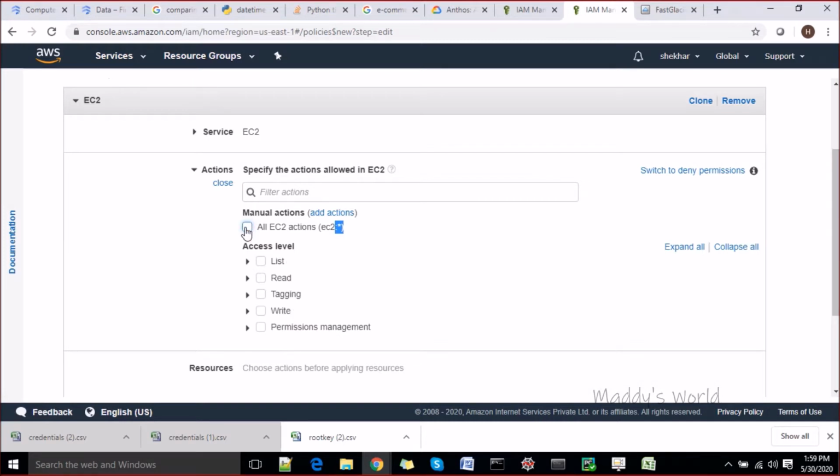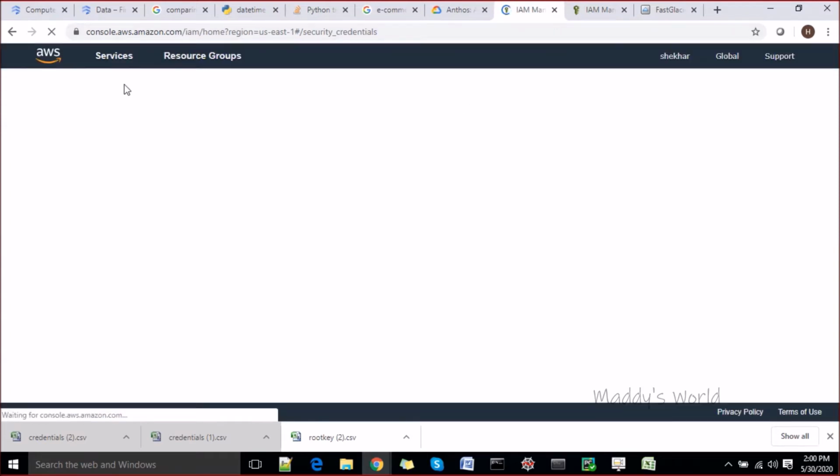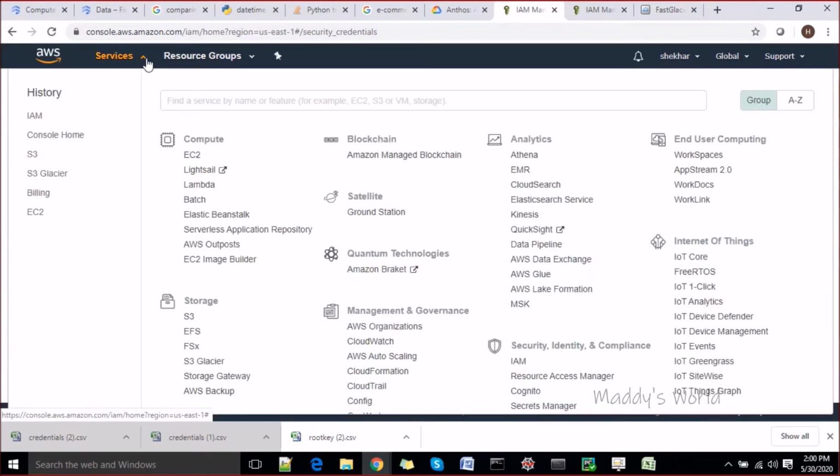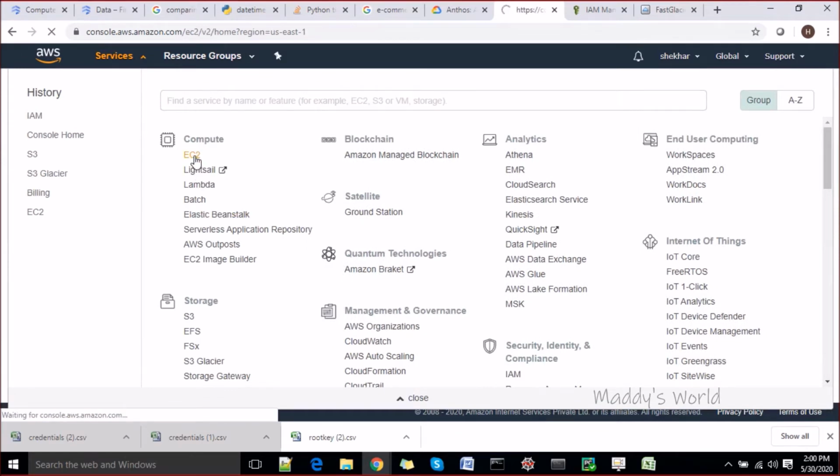But my task is to segregate it. Also remember, if you do not give the list permission, they will not be able to see anything in the console. Let's say you have given write access, and so many other accesses, but if you have not given list access here, then if you go inside EC2, you will not be able to see anything.